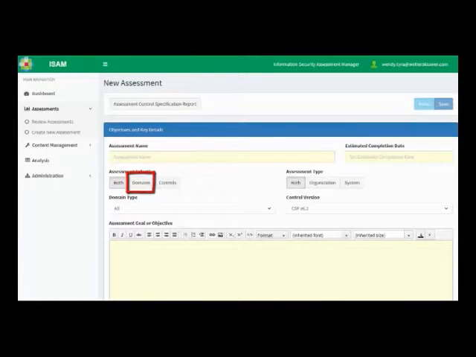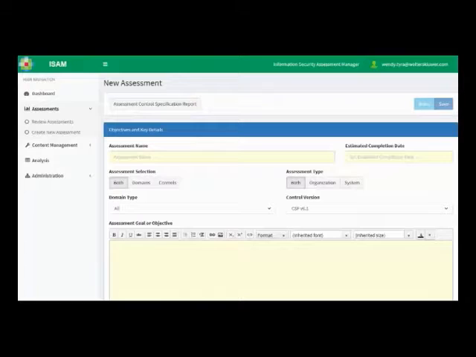Domains being the more high-level questions, and controls are more detailed and can involve multiple levels of questions. The assessment type choice is organization, system, or both. An organizational assessment is going to look at your whole IT organization, from access controls to HR, asset management, physical security, business continuity, to risk management policies and procedures. Whereas the system assessment will look at an application and cover access control, operations management, and information systems acquisition, development,